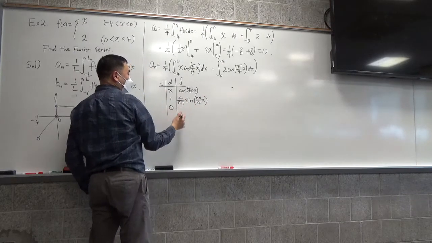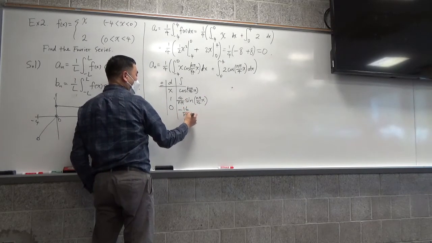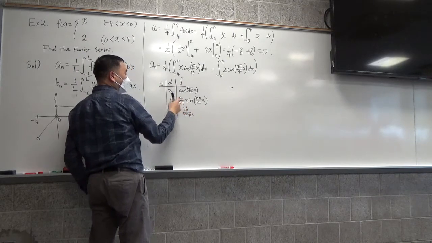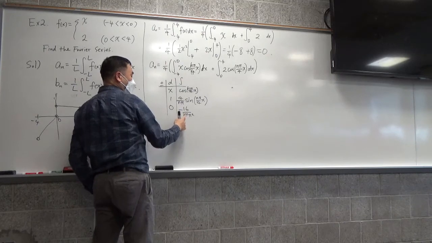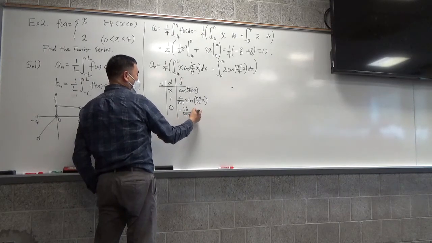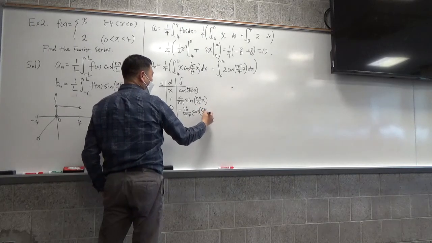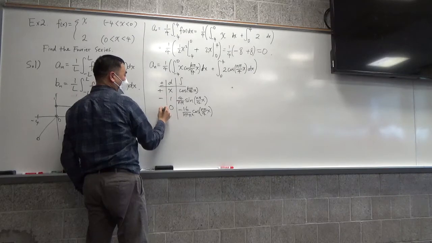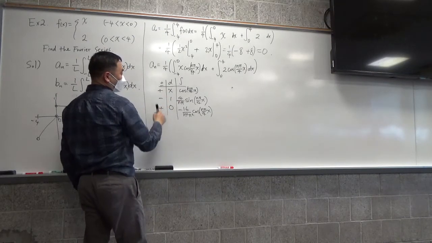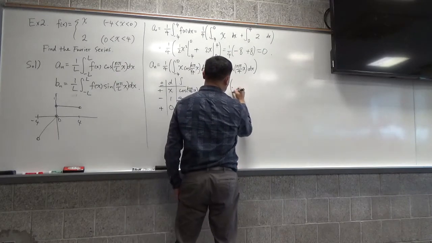And then you integrate this again, you get negative 16 over n squared pi squared, because another 4 over n pi comes out, so you get 4 times 4 is 16. You get n squared pi squared. And then you put cosine n pi over 4x. And then you put plus, minus, plus. So what happens? This integral will be 1/4 of